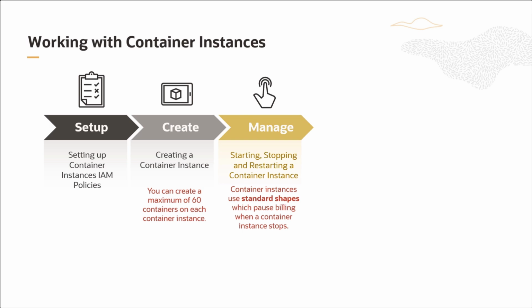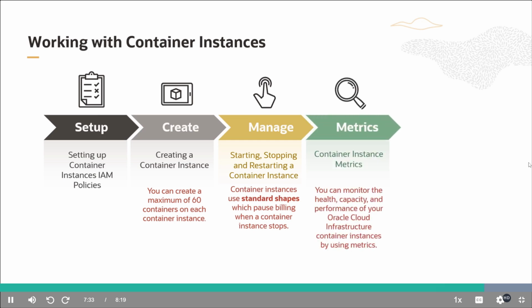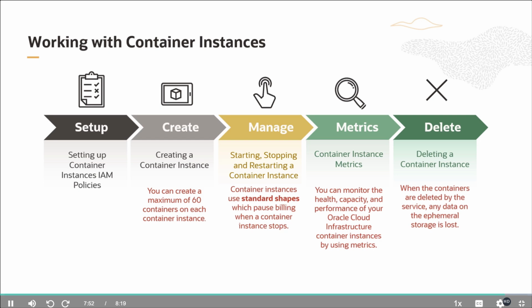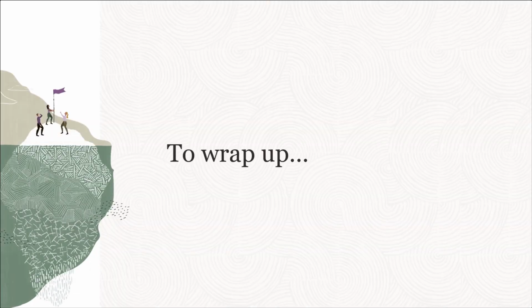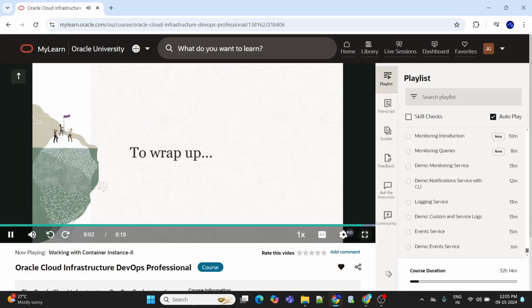When it comes to managing container instances, you can start, stop, and restart a container instance. Container instances use standard shapes which pause billing when a container instance stops. Talking about metrics, you can monitor the health, capacity, and performance of your OCI container instances by using various metrics which are available under the Container Instance Details page. A point to note when deleting a container instance is when the containers are deleted by the service, any data on the ephemeral storage is lost. To wrap up, in this two-part series of working with container instances, we covered the IAM policies and other configuration settings necessary